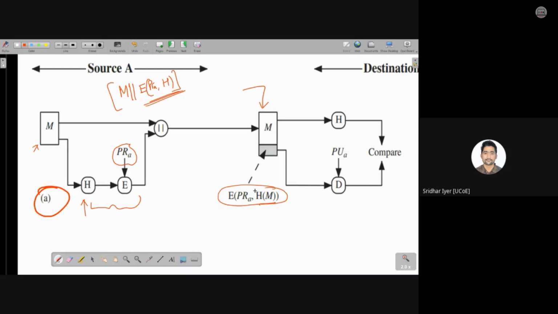If you remember, in the case of message authentication codes, there was no concept of a private key and public key. We used to have a symmetric key, K, on either side. Do you remember? The same thing. We used to have K for both encryption and decryption. That is our normal symmetric key. But in this case, we have the concept of PR and PU, that is private key and public key. Is it making sense? Yes or no? Kindly let me know.